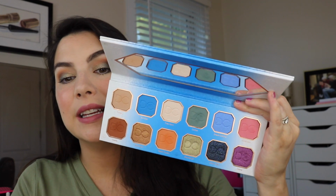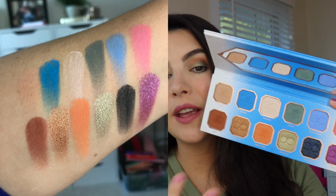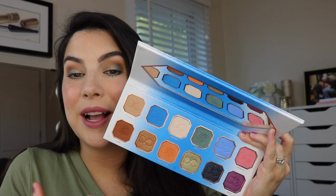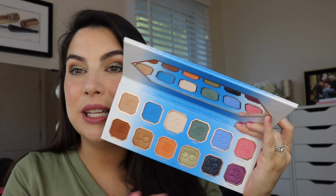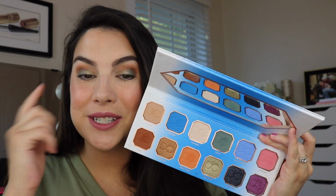I really enjoy the infusion of color here, but you've also got neutrals, and I feel like all the colors included were done so in a very thoughtful way. I've mentioned in some videos, I'm not always all about give me the biggest, dozens and dozens of shades palette. I'm almost more attracted to this more thoughtful grouping of shades, right? I think you can at a glance see some of the different possibilities, how you could keep your look completely neutral, splash of blue, pink and purple, you've got olive green, which is what I use today, and